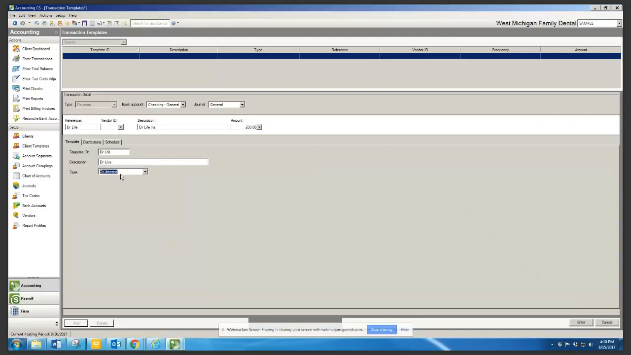On demand just means, if you want to use it in your checkbook, you can call this template up and use it whenever you want. There's no specific time frame. Or you can schedule one,